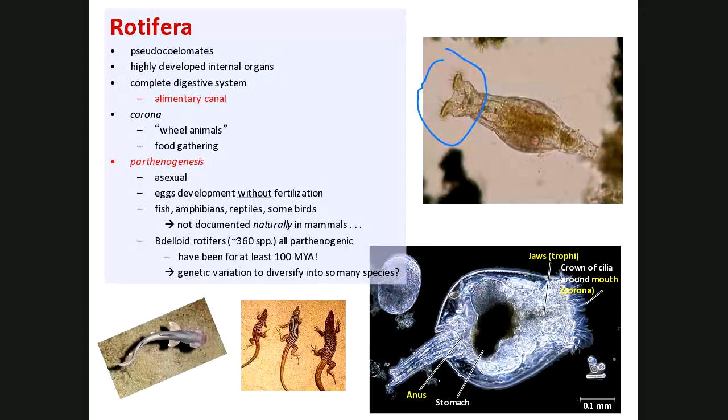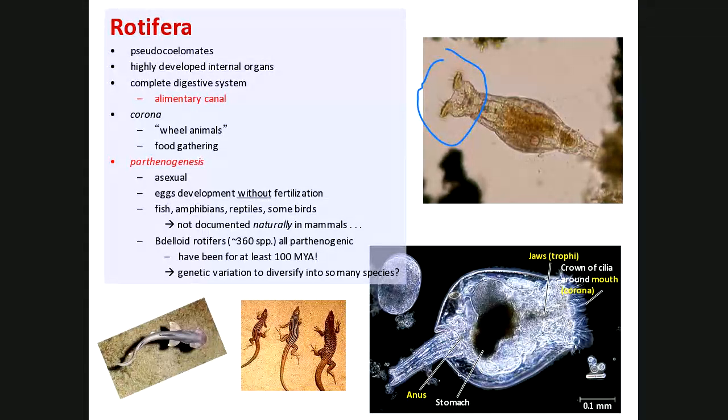The reason why I can't really throw these guys out is because rotifers are interesting because they're one of the organisms that can engage in this really bizarre type of reproduction known as parthenogenesis, which is asexual reproduction. Essentially, eggs develop without fertilization. Now, you think, okay, well, this is something that's exclusive to protozoans and maybe some prokaryotes. Well, prokaryotes don't make eggs, but some simpler animals, if you will. But parthenogenesis